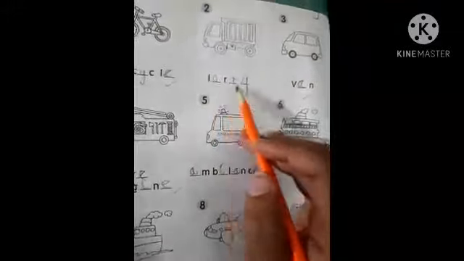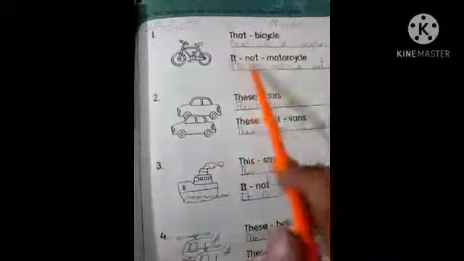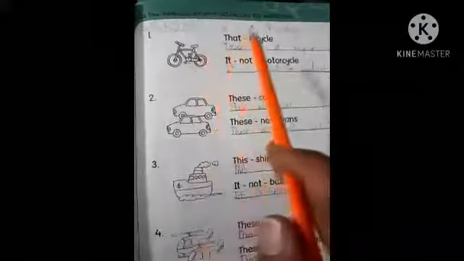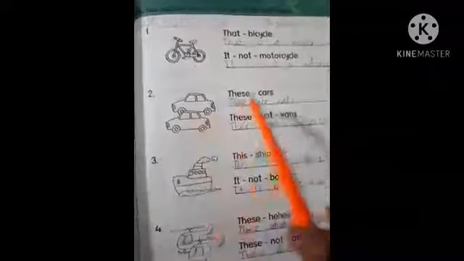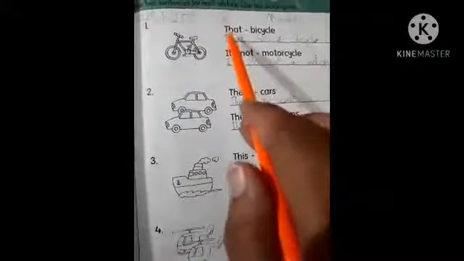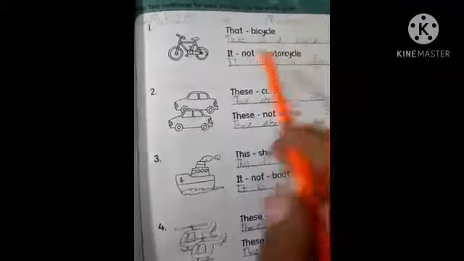On this page again mention the CW on the top of the page. We have some pictures and we have to make at least 2 sentences about each picture. Some words are already given on this page as you can see here. If we talk about a single thing, we will use the helping verb is, and if we talk about more than one thing, we will use the helping verb are. So first we will write that as it is here, then we will add the helping verb is, because it is a single thing, then we will use a, then we will write the name of this thing, bicycle, as it is from here to here.